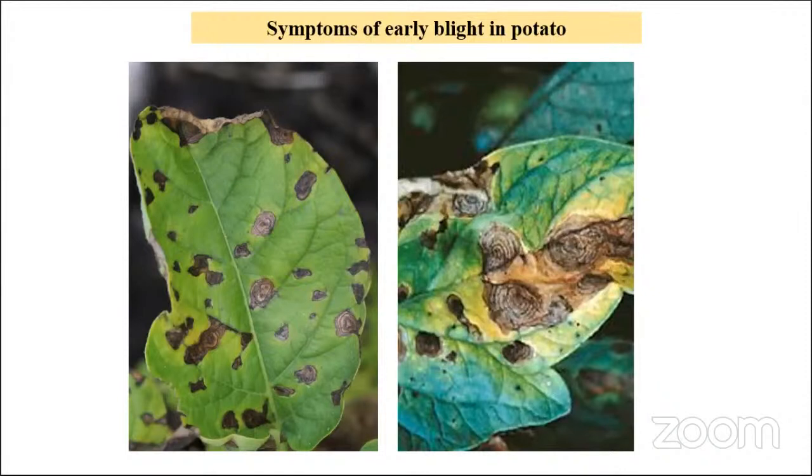Alternaria solani causes concentric rings on the leaves, as you can see here. In severe conditions these rings join together. These are the necrotic tips. The spots join together, coalesce, and form necrotic spots, yellowing of the leaves and complete necrosis of the leaves. It spreads to all plant parts, and the foliage of the plants gets affected by this disease, because this disease comes in the early season.